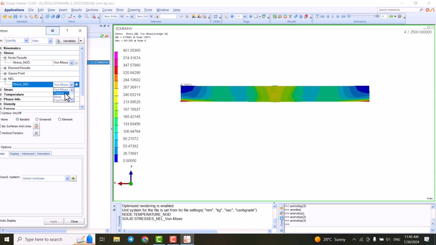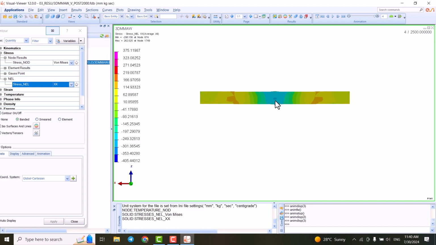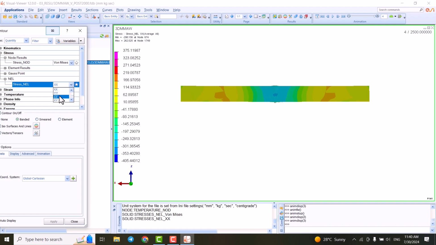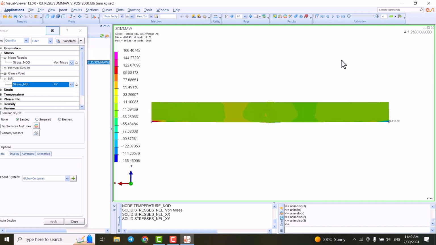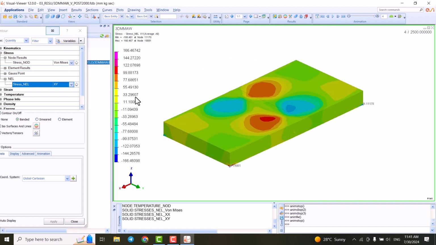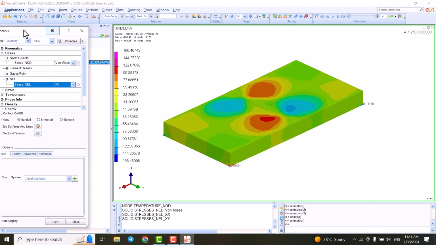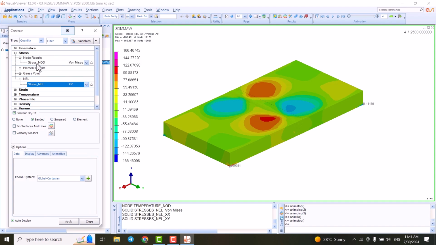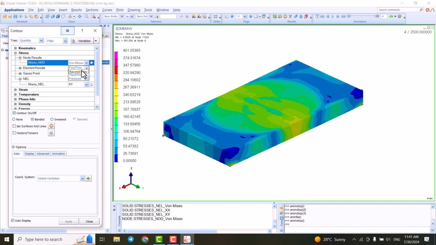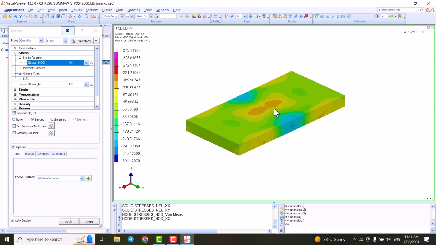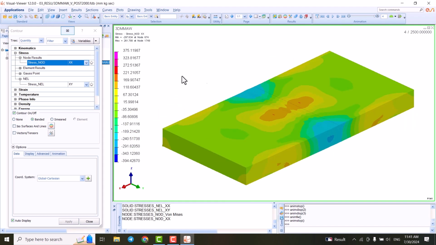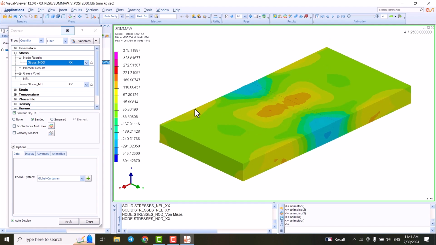Alright, let's look at other results. Here this is the XX and this is XY. You see the bending here is more visible. It's kind of distorted. Okay, we come back to the isometric view. Let's jump back to the stresses here. The node results, stress node. We have the von Mises stress, Tresca, and here we have the stress in XX direction, the XX stress component, and the thing that matters for us is